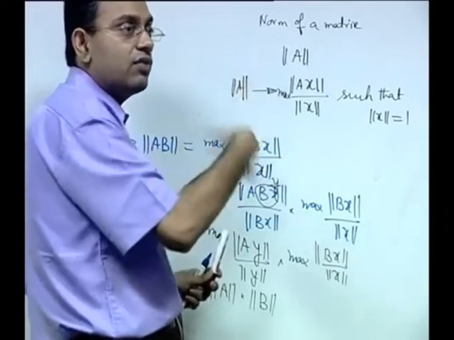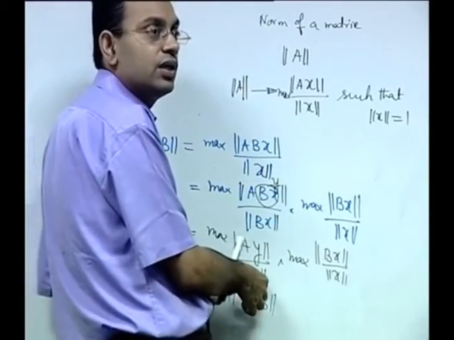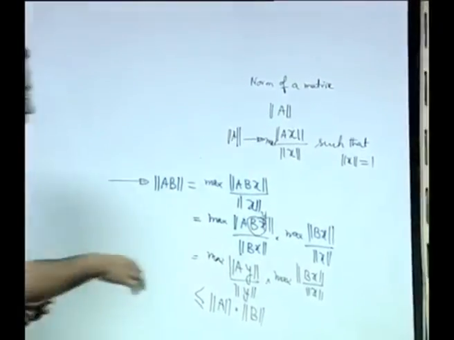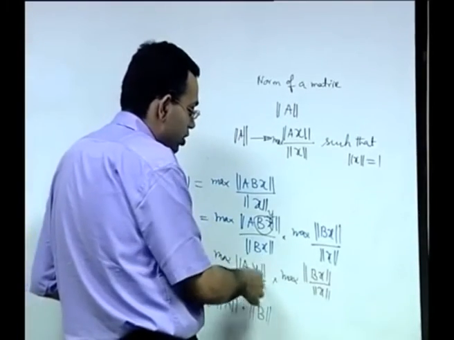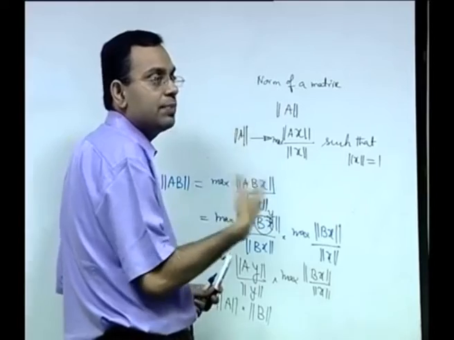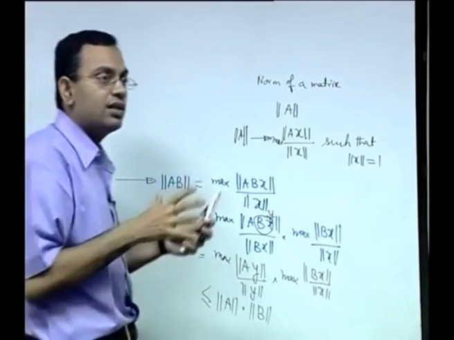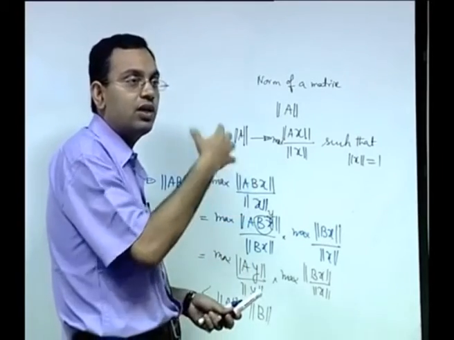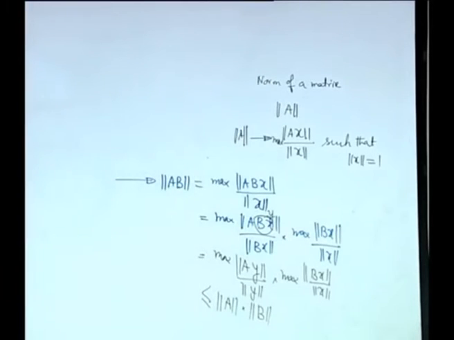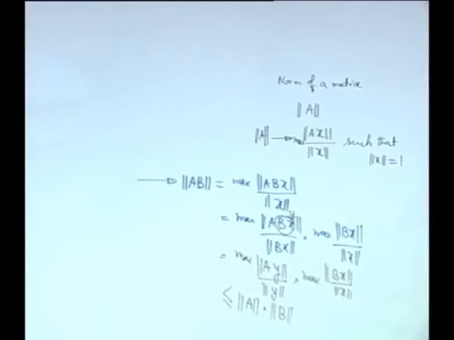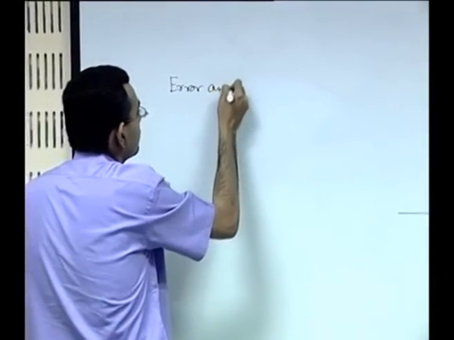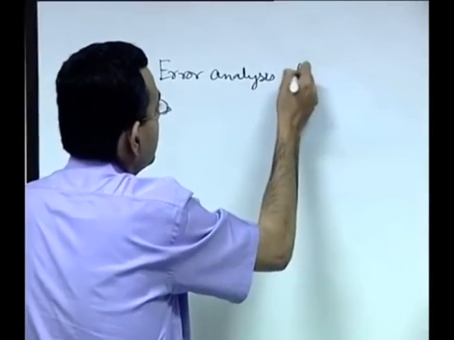So, out of all the possible maximum values it cannot supersede the maximum possible values. So, it could have several of the maximum possible values with different choices of norm of y or norm of x. So, you can always normalize norm of x or norm of y in a certain way as per your convenience, but whatever is the manner in which you normalize, you always have the value less than the maximum, because maximum is the maximum, you cannot exceed that one. Next we try to utilize these concepts for the error analysis of elimination methods.